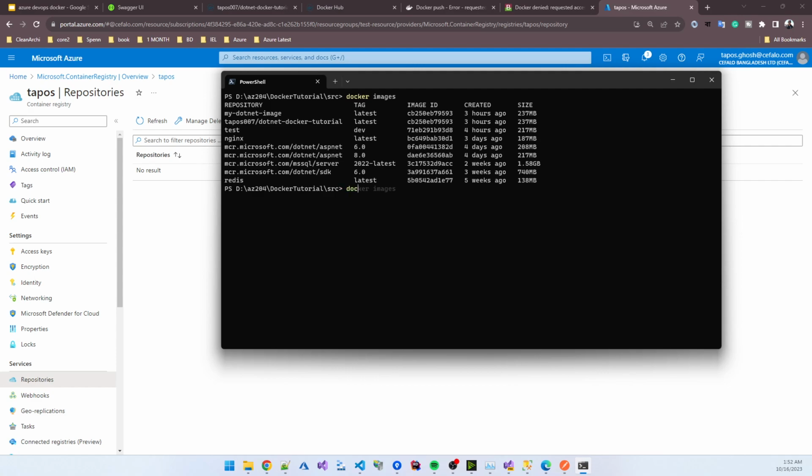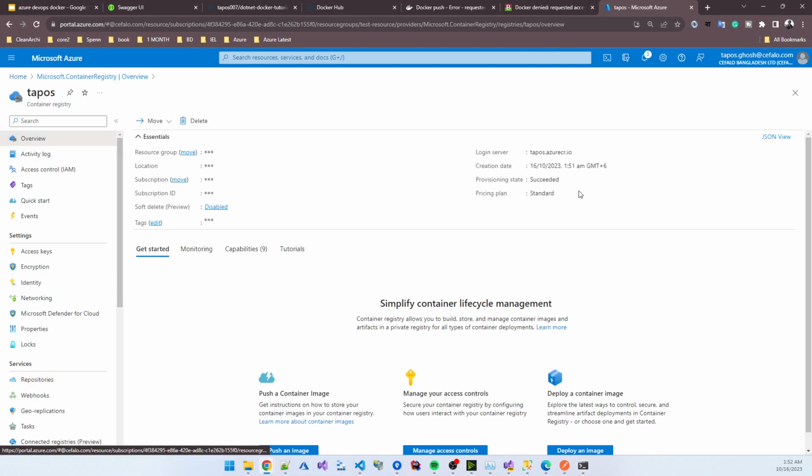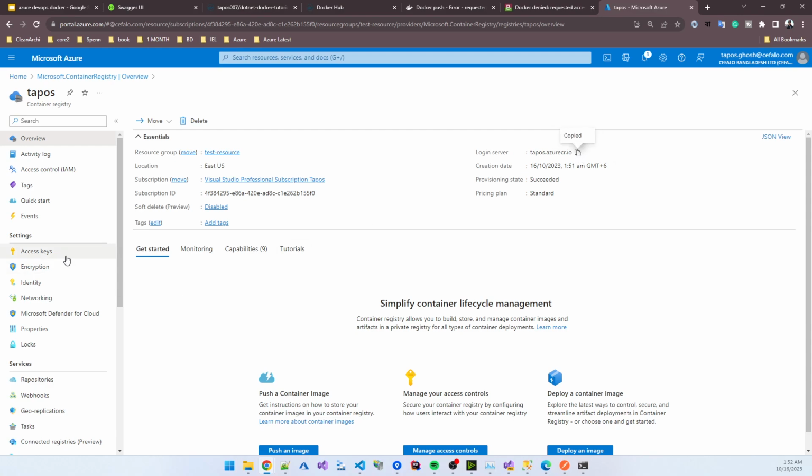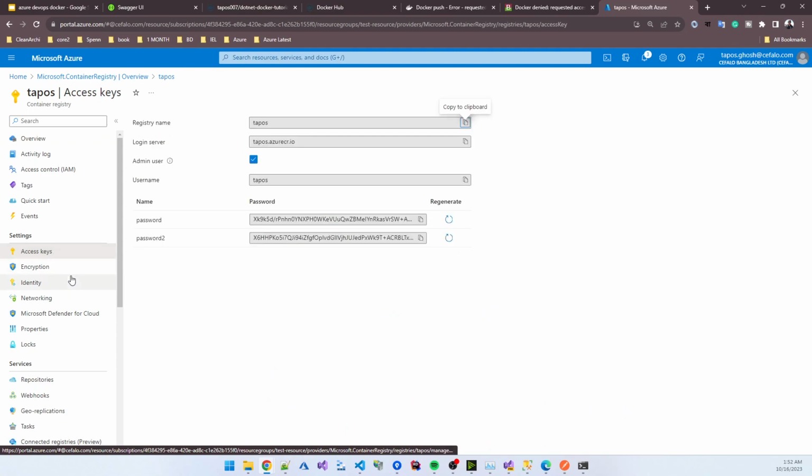Similarly, I created a Docker image tag, my .NET image, and tag name is. So I am going to overview, and this is the login server, or if you give the access key,